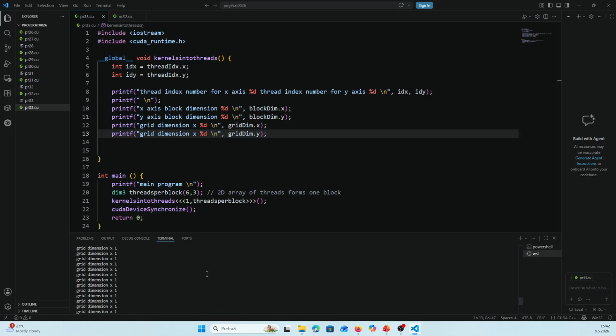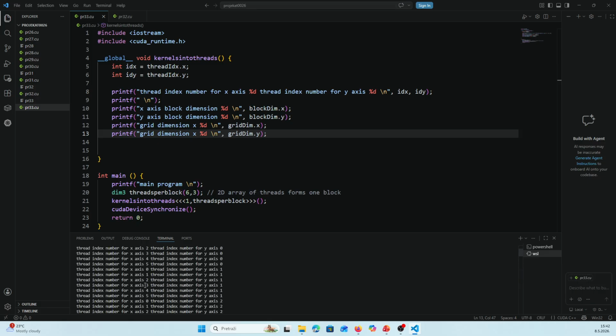Okay, grid dimension x, grid dimension epsilon. We don't have grid dimension epsilon. It's not given here. Okay, you can see